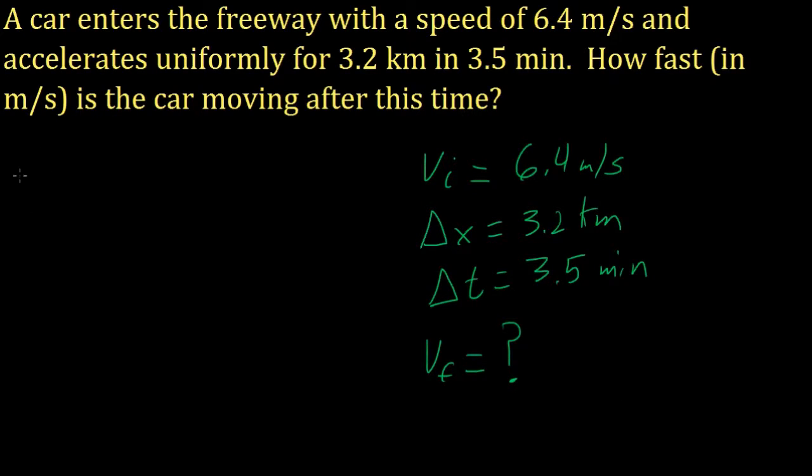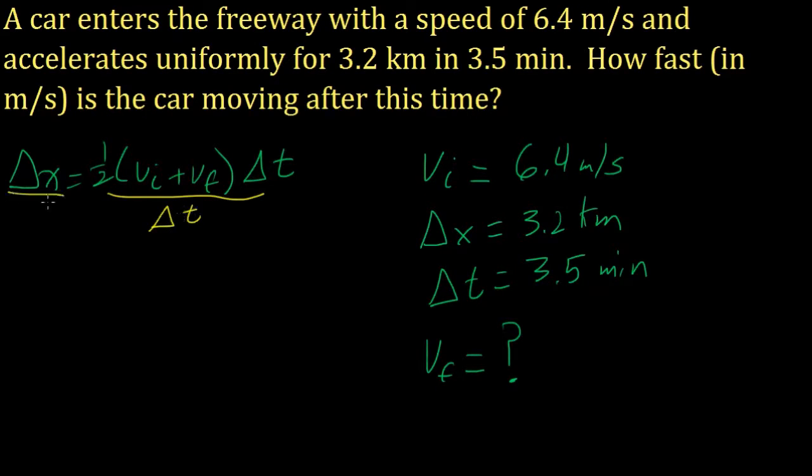Alright, great. Sounds like we can just plug in. So, delta x equals 1/2 (vi plus vf) times delta t. We're looking for vf, so let's solve this equation for vf. We've got to get vf by itself. That means we've got to get everything that's not vf away from that side of the equation. I'm going to switch to yellow to do this work. So I'm going to divide both sides by delta t. Delta t cancels, so we end up with delta x over delta t equals 1/2 times